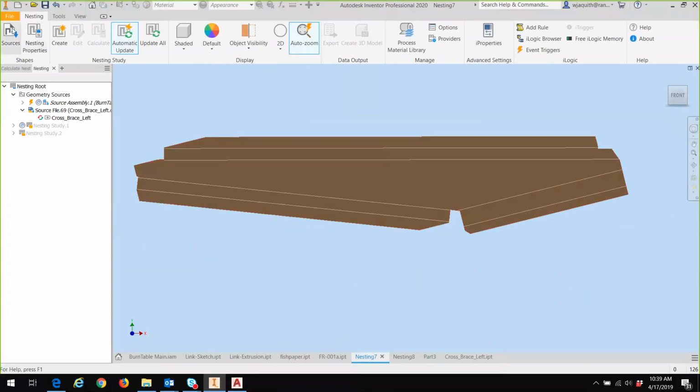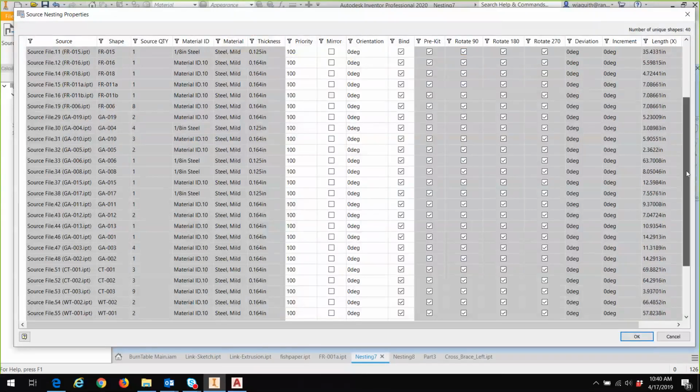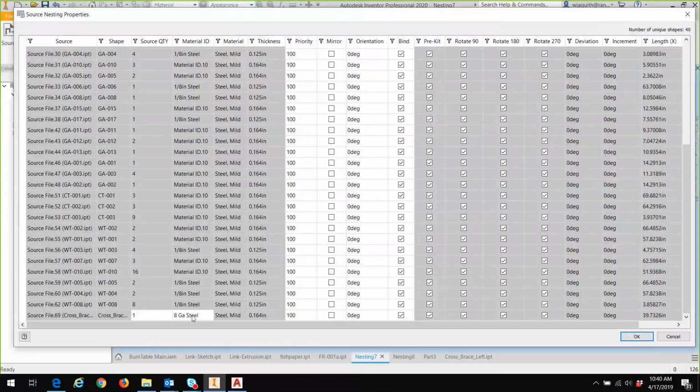And so I can come in here to my sources, or excuse me, my nesting properties, and find that DXF file. And I can set this to any of the options that I want. Maybe it's 3/16 steel. And I can set my quantity. Of course, I have to set my quantity because the software doesn't know how many of these I'm making. So I'm going to make 4 of them. I'm going to make it out of 3/16 steel,